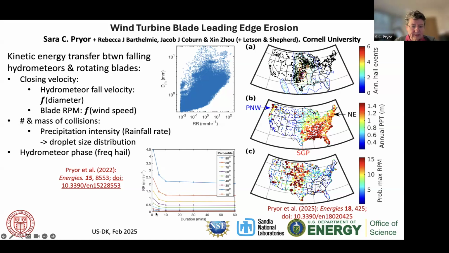This figure here just reminds us that if we take 1 minute data, then again at this site in the Southern Great Plains in Oklahoma, 10% of 1 minute rainfall periods have a rainfall intensity of more than 4.5 millimeters per hour. If we were to average that even up to 10 minutes, you can see it halves that most intense rainfall rate. So I'm trying to persuade you here that we need high frequency observations in order to capture the erosive characteristics. So in the first part of this talk, I'm going to present to you an erosion atlas